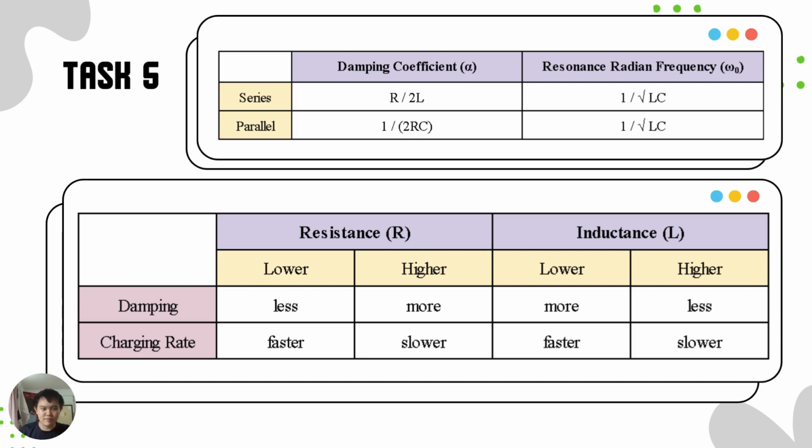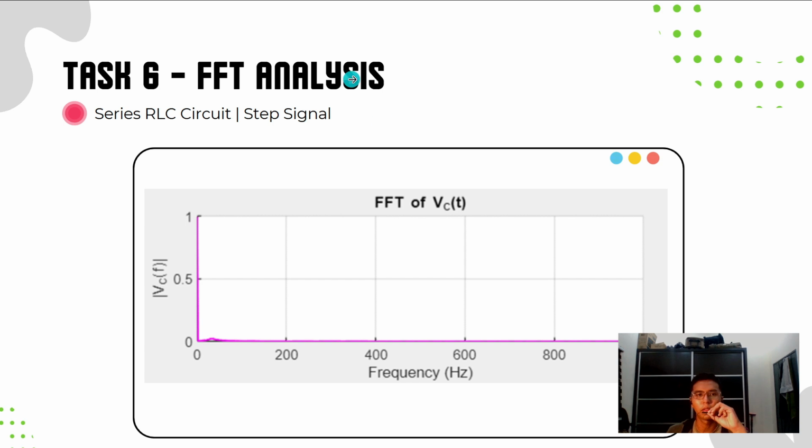For inductance, when the inductance is lower, the damping rate becomes greater. When the inductance is higher, the damping rate becomes less. For the charging rate, when the inductance is low, the charging rate becomes faster, while when the inductance is higher, the charging rate becomes slower. For task 6, the FFT analysis for the series RLC circuit shows a dominant frequency as follows